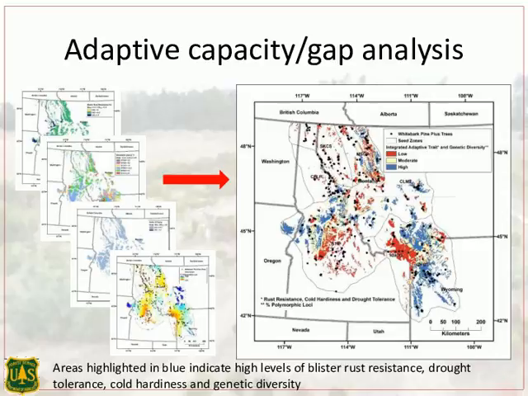We then overlaid that map with the 1,300 plus trees in the program to get an idea of how well we've sampled the genetics of whitebark in the interior. And you can see that there are some areas for improvement where we have no plant material represented in the program.